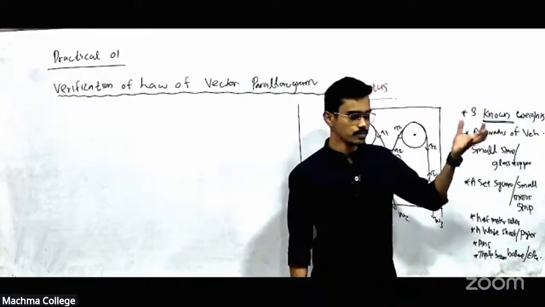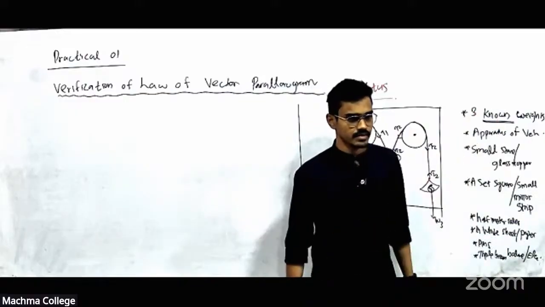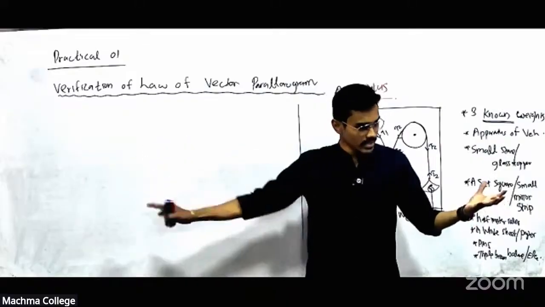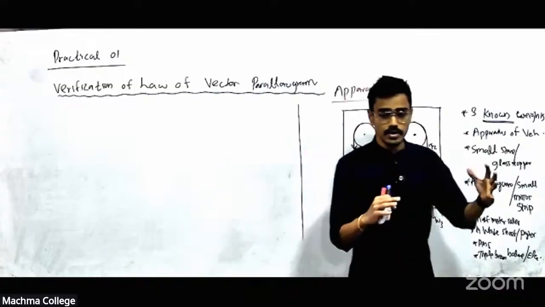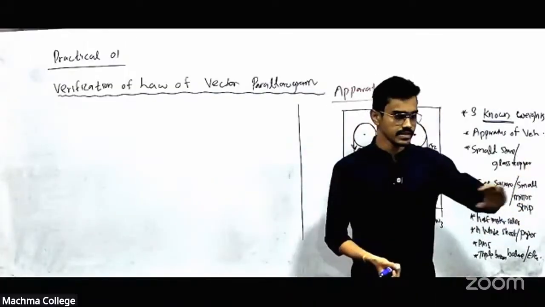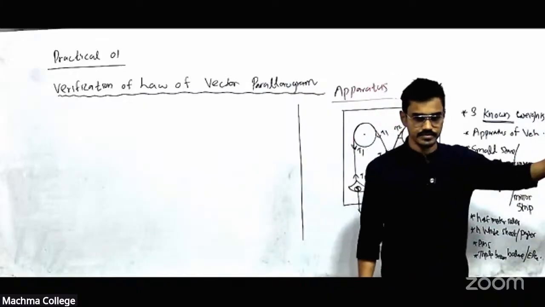We are going to prove, verify a theory that is already existing. So therefore you have to know the theory. That's why we discussed the parallelogram. That's a connection here. And now we are going to use a setup, some kind of apparatus, and check whether it's correct. So knowing theory is a basic, fundamental thing.